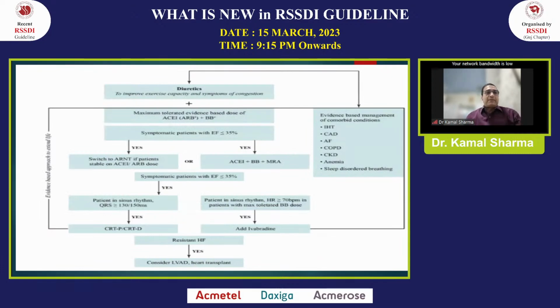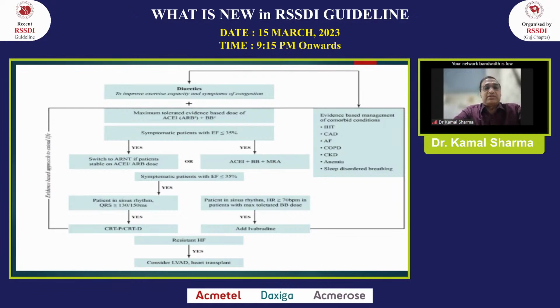So once the patient comes to you with heart failure, you put the patient on a diuretic. Now, a lot of times we put on SGLT2. Your choice would be maximal tolerated beta blocker and ACE, ARB, or ARNI. And if that's the case, the patient has ejection fraction less than 35, class 2 or above. You would switch to ARNI in patients who are, even if they are stable and symptomatic with EF less than 35,